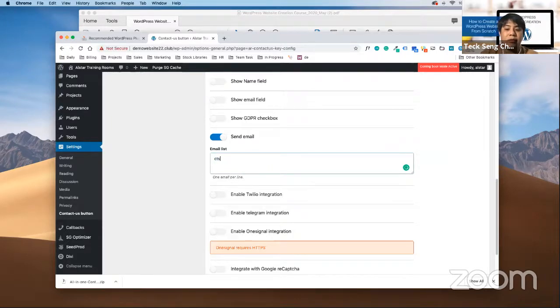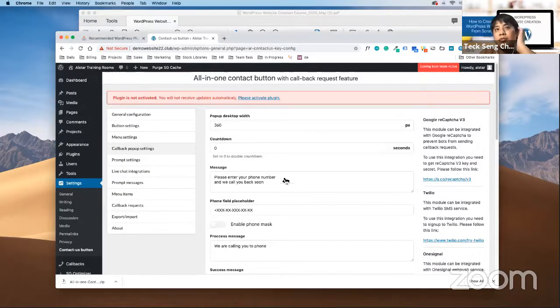I'm just going to change to my email. Then of course, take a while to change the top messages and process message.